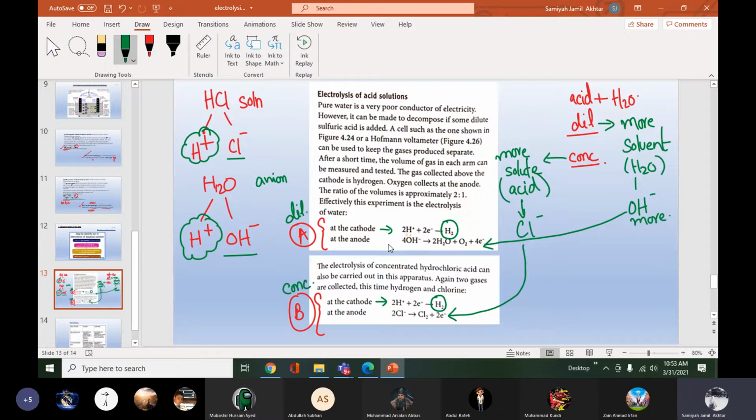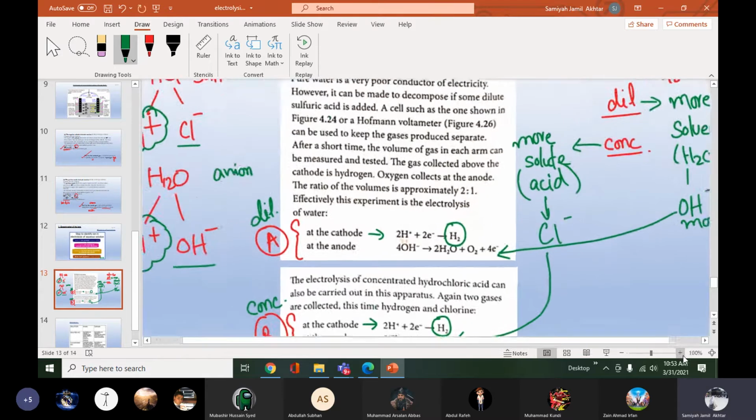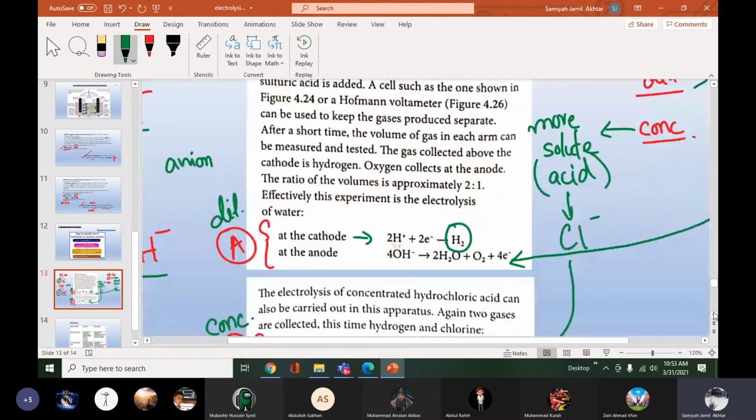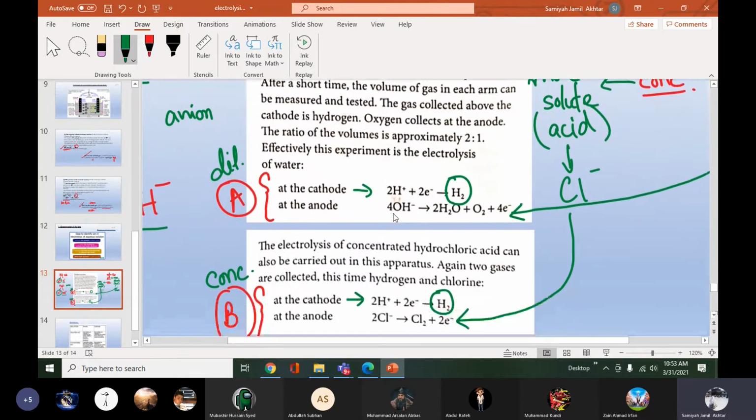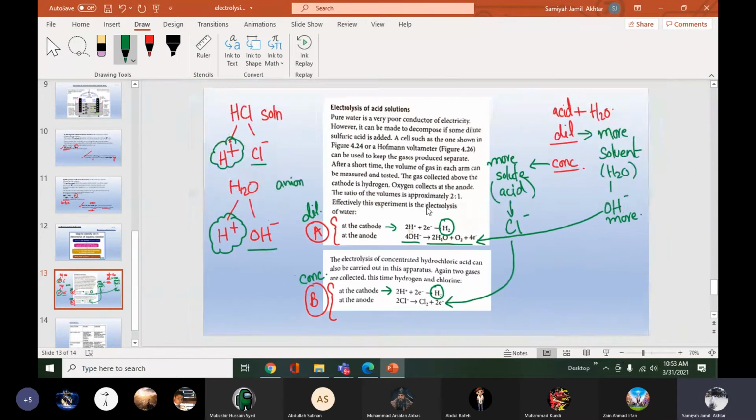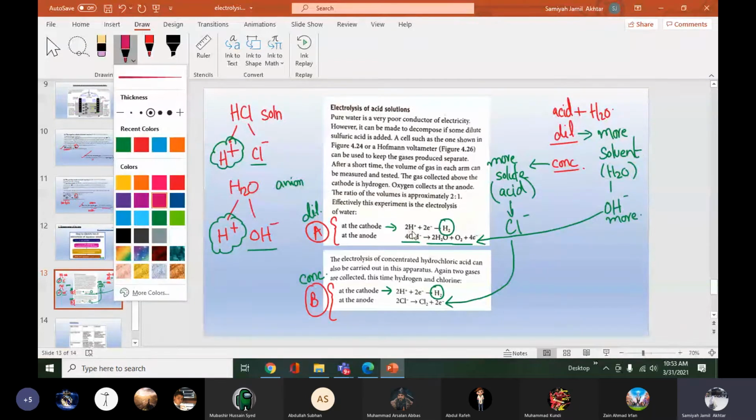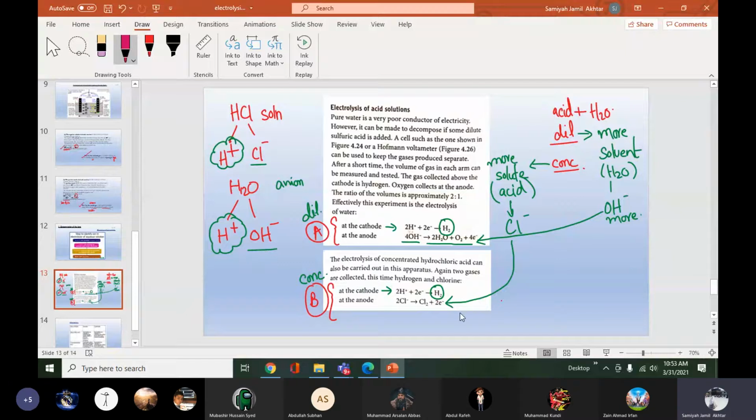For OH ions, see the anode equation, it's really important. Whenever we do the electrolysis of a dilute solution, then always OH ions will discharge, because in a dilute solution water is always in more amount. So always we will get OH ions. The equation for OH ions is a little different from the others. So see what this equation is, and you have to learn this equation also. It's really important.